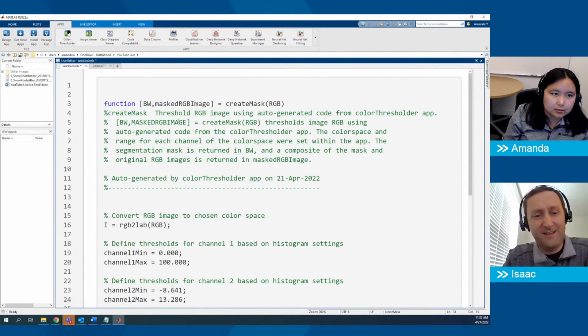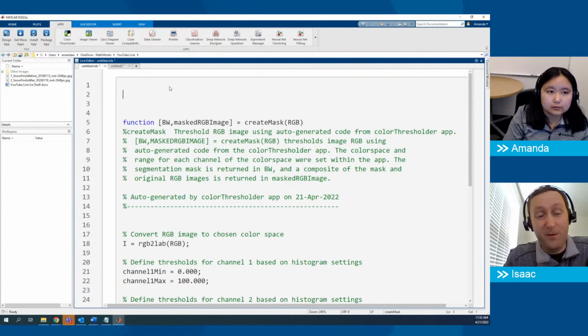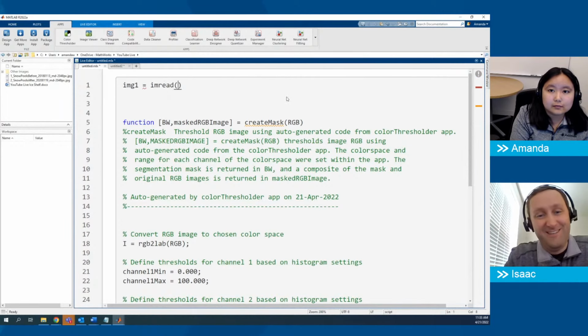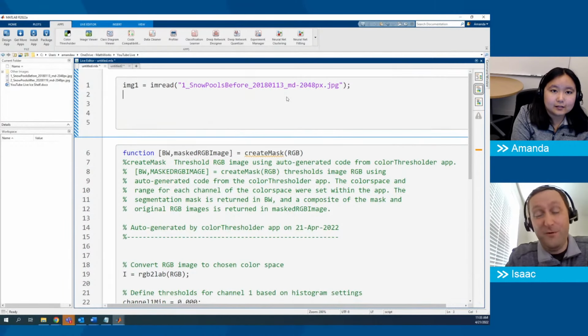Which is kind of neat. You can fine tune things here, and you can do everything we did in the app by code if you knew what you were doing, or you just export it, and there you go. And now you have a function that you can use on any image. You can isolate meltwater and photos of your cat,